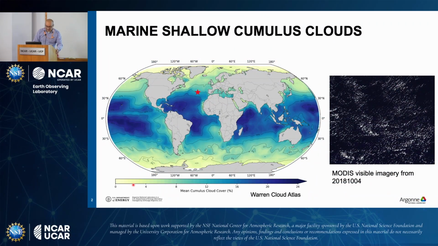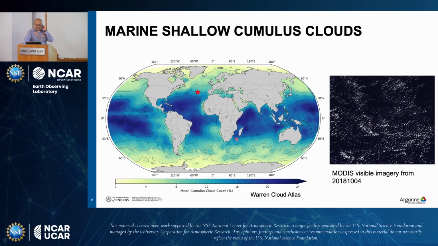All right. So the first question is, why study shallow cumulus clouds, especially over the oceans or over marine locations? Shown here is a cloud atlas image, the average cloud fraction from surface observers as made by the Warren Cloud Atlas, so 50-plus years of averages go into this figure. You can see the cumulus cloud fraction being pretty high in the tropical and subtropical regions, and it tapers down as you go poleward, where you have more stratiform cloudiness. It's pretty interesting. But needless to say, over all the global oceans, we see this cloud type. That's the first thing to note from this figure.